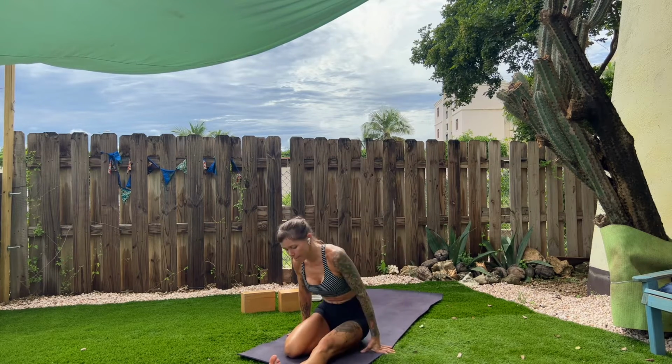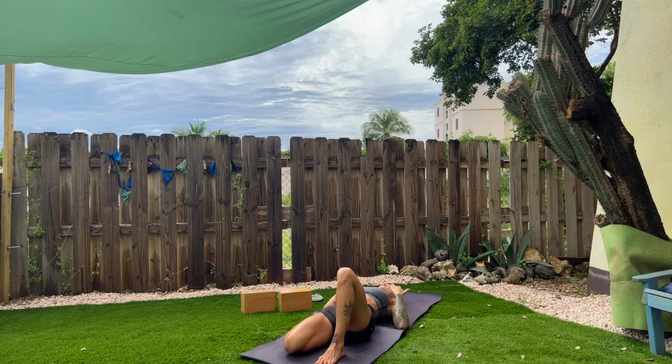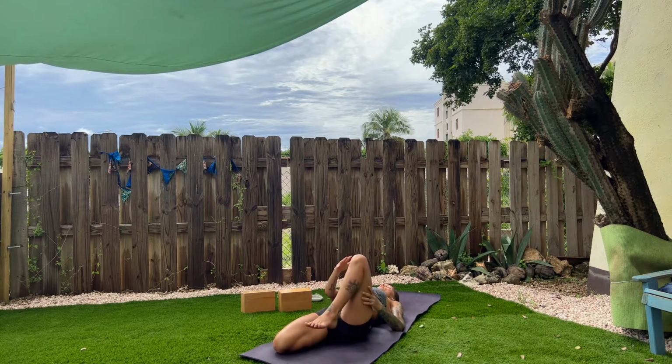Bring that right leg back into a half hero's pose position. And then once you're there, you can bend that left leg and begin to walk yourself back. Maybe you can lie all the way onto the ground, and that's great. This might be enough for you. Thinking here about tucking the tailbone, but you can also be up on the shoulders, on the elbows, or even the hands. If this feels like you could go a little bit deeper, you can hug that left knee in,